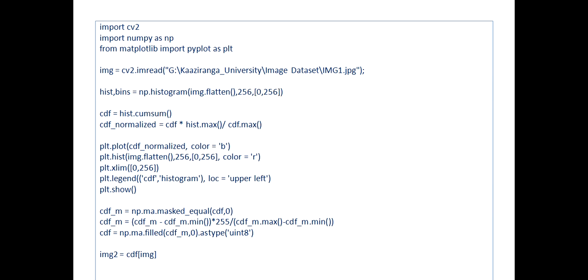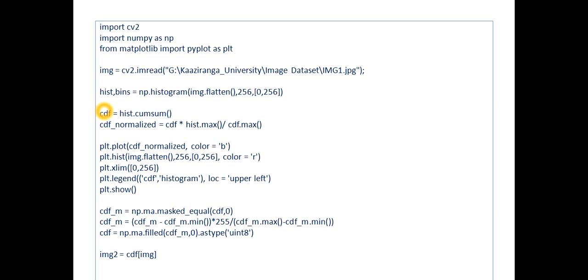Then we have cdf = hist.cumsum(). You know that we are trying to find the CDF. Well, then what is CDF? Again, I'm reminding you that CDF is nothing but the cumulative distribution function.